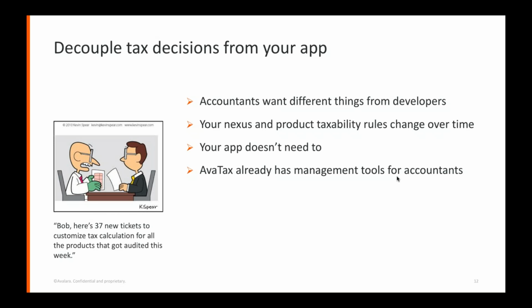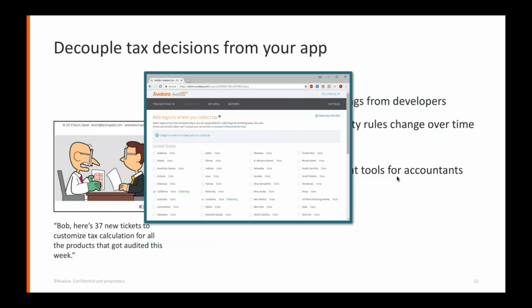And if I'm lucky, there's a database and I can just edit those products in the database. And if I'm unlucky, well, I have to go in and change the rules so that product A in Georgia is taxed one way, product A taxed in New York is a different way. That's not fun. So AvaTax really is designed to make this easy. And this is where I get to call out to Steve. This is what the AvaTax screen looks like for modifying your locations where you collect tax.